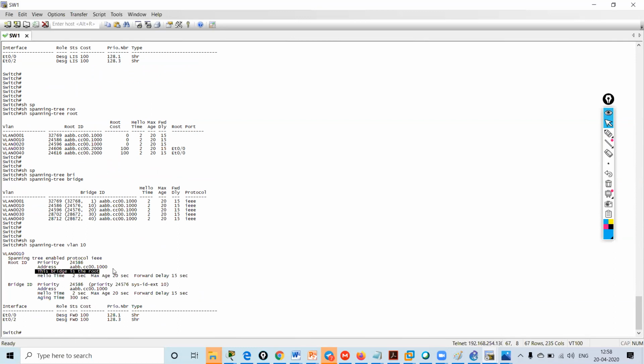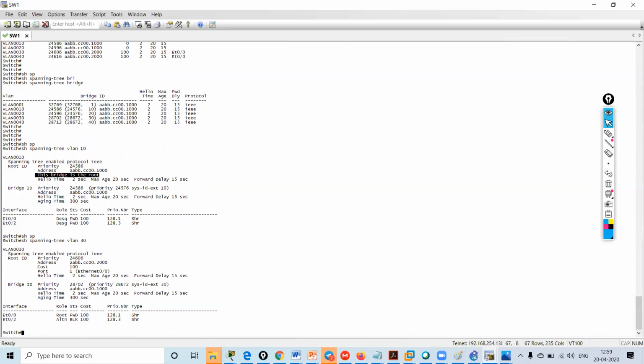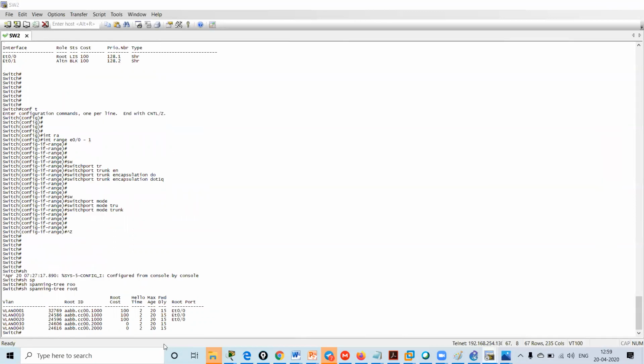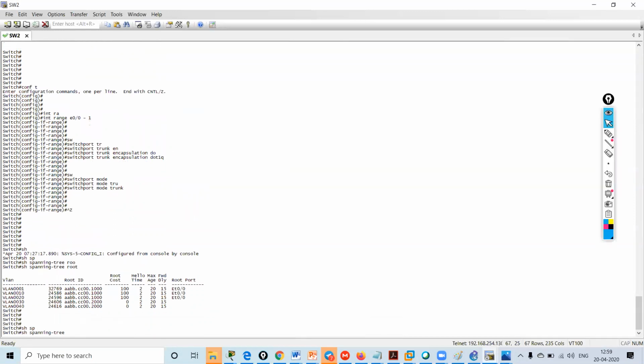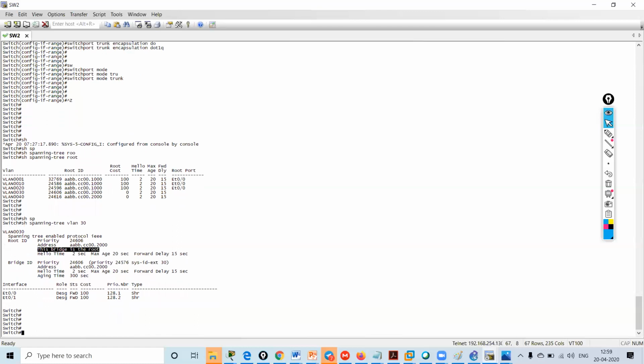And if I give show spanning tree VLAN 30, I'm just getting the cost. When I go to switch 2 and give show spanning tree VLAN 30, I will get the output: this bridge is the root bridge for this VLAN. Got it?